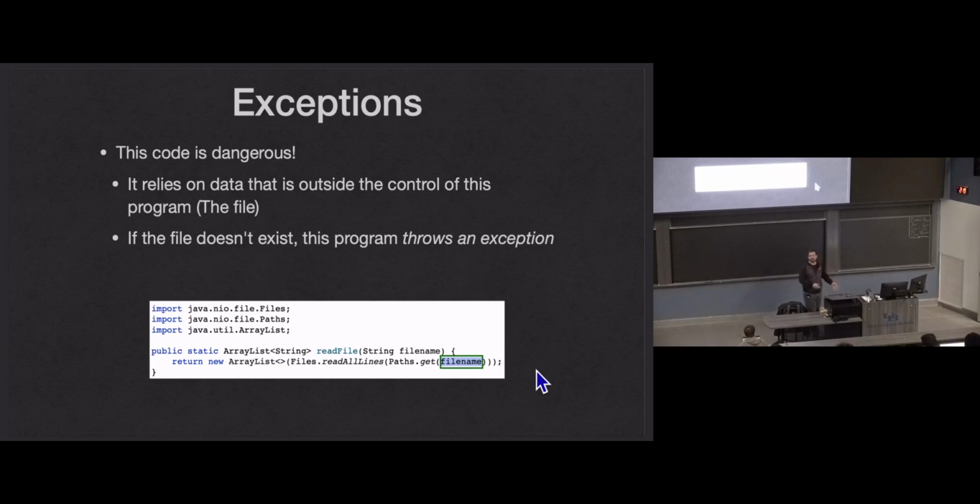We got our stack space. We got our heap space. That's our control. Nobody else can touch that. No other process on the machine can violate our space, or at least shouldn't be able to. In rare circumstances, there can be security things, but nobody should be able to touch our memory. We have full control over that, and we like that control. When we're going to disk and reading a file from disk, we have no control over that. We can't control if that file even exists.